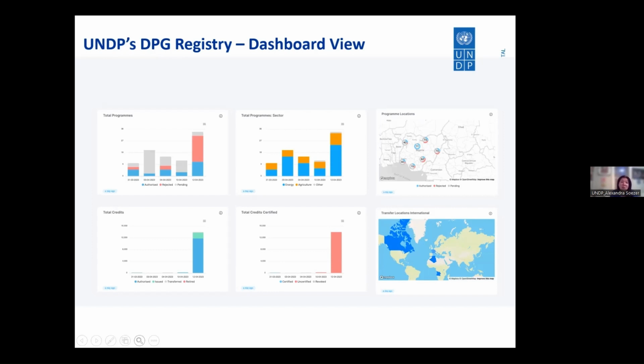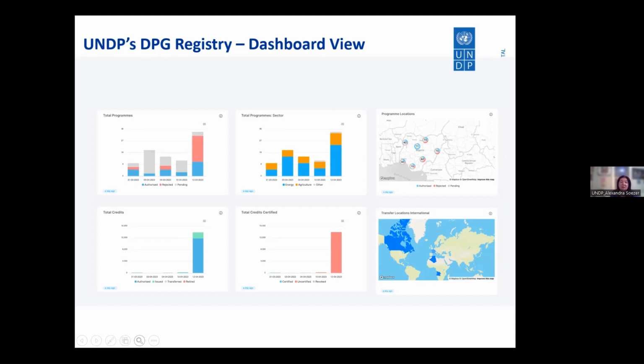And the dashboard that you can see on the slide provides a good overview of a country's carbon transactions, including by location, by quantities, and by type. It's also customized per user type, so that governments, for example, or project owners or certifiers know exactly the actions they need to take.